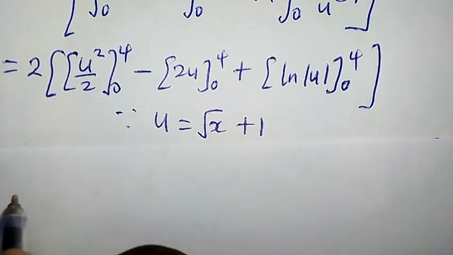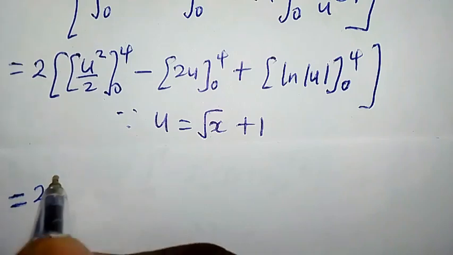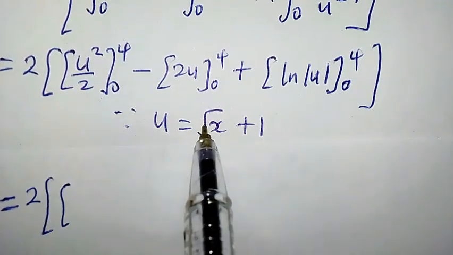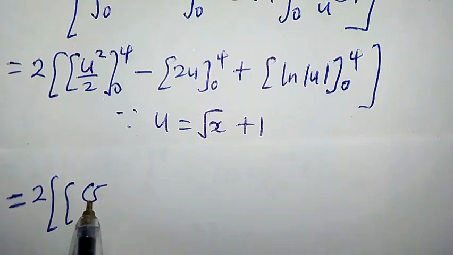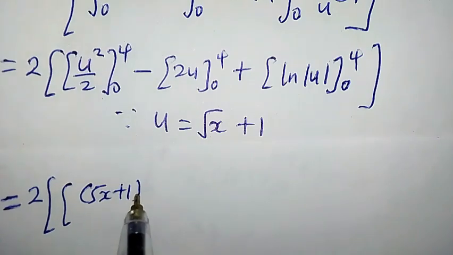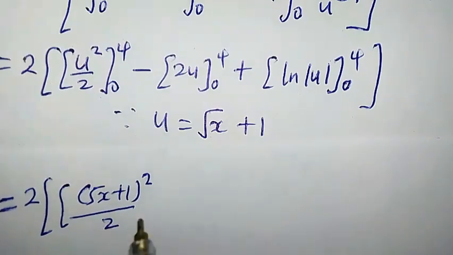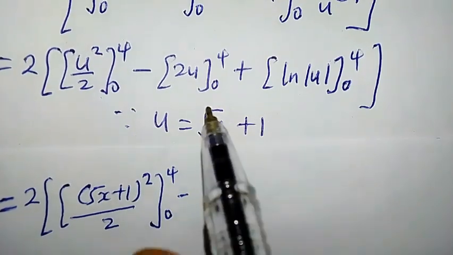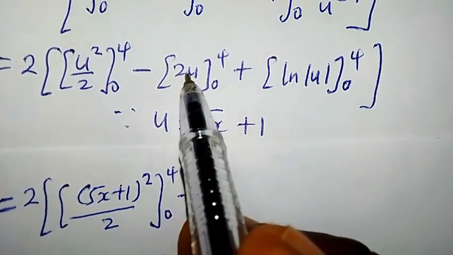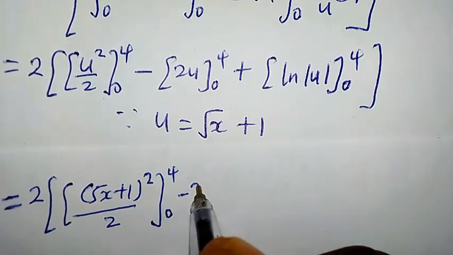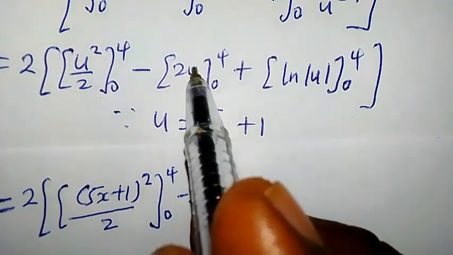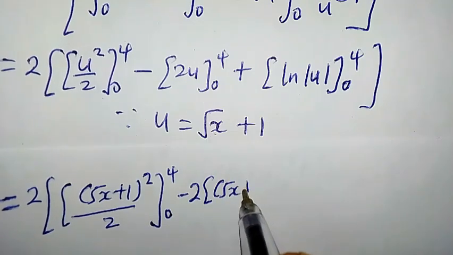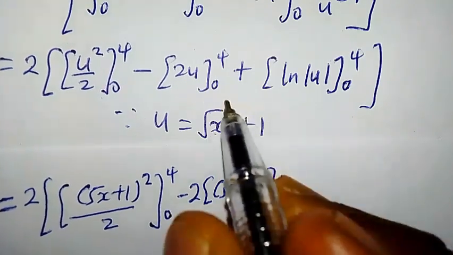From here, we are going to have 2 into, we will now replace this u with this, so we have square root of x plus 1 squared over 2, evaluating from 0 to 4, minus, it is possible to factor out this 2 since it is a constant. So we have 2 into, we will now replace this u with square root of x plus 1, evaluating from 0 to 4,